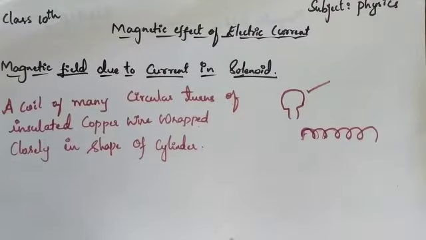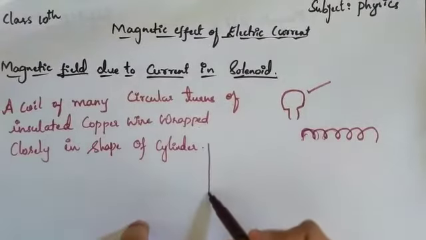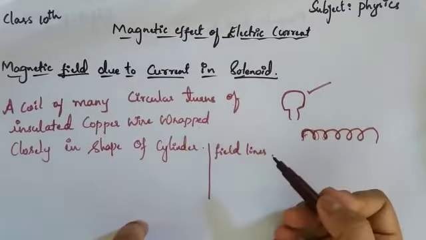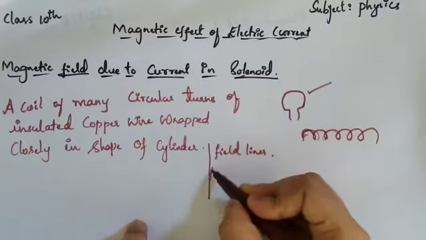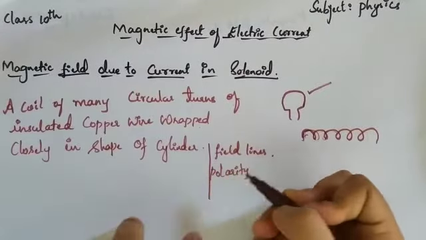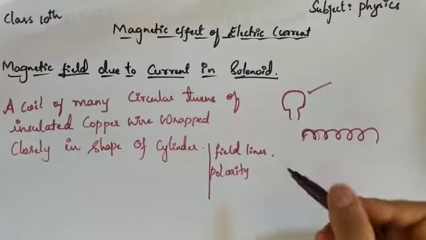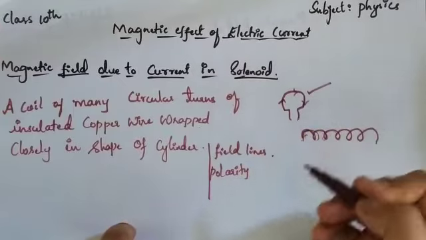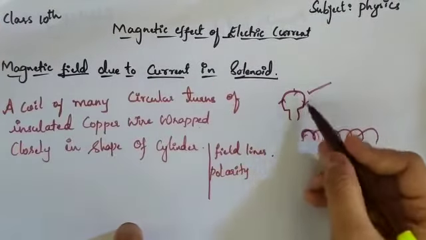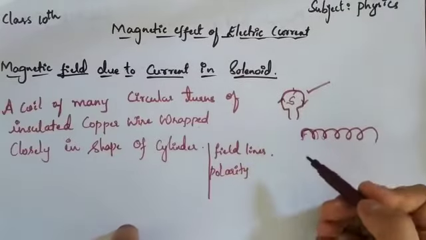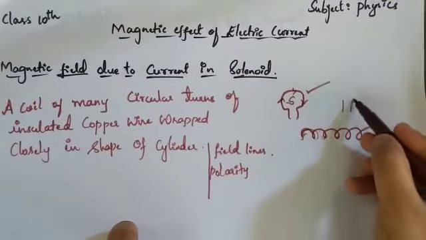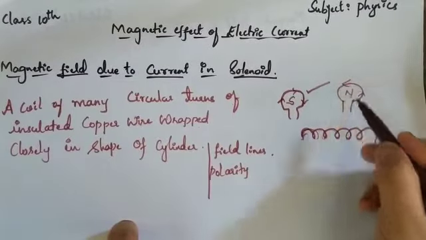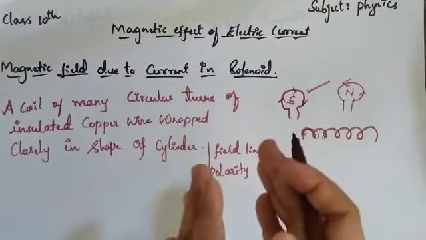Now we have to know how the magnetic field lines will be. The main important point, first, is to know about the field lines. Then importantly we should know the polarity, that is, which is the north pole and which is the south pole. In the case of a circular loop, when current is passed in a clockwise direction, that face shows the south pole. And when current is passing in an anti-clockwise direction, that face represents the north pole. This is one method we have known.